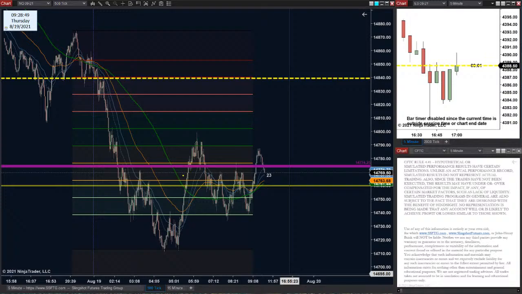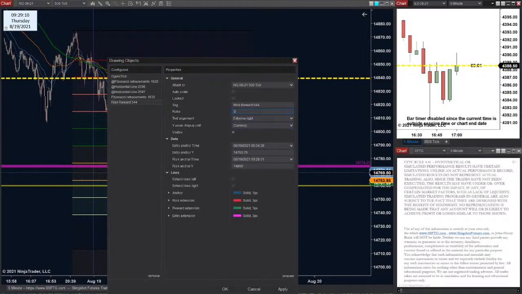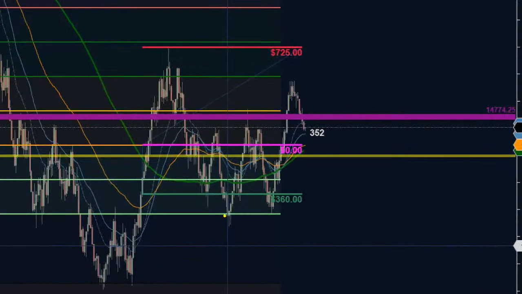It's not to say that the short side didn't work, but look at this realistically and take the assumption that computers, algos, they'll sell at every single one of these, right? 1, 2, 3, 4, 5. Couldn't get the sixth. So out of those 5 entries, where is their average? Well, their average would be right in the middle, right here. Right? So out of those, if we were to measure that, just to see, are these algos just scalping? Oh. What do you know? Weird. It's almost like we could already tell.